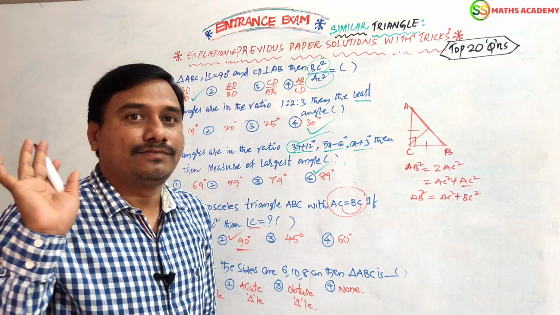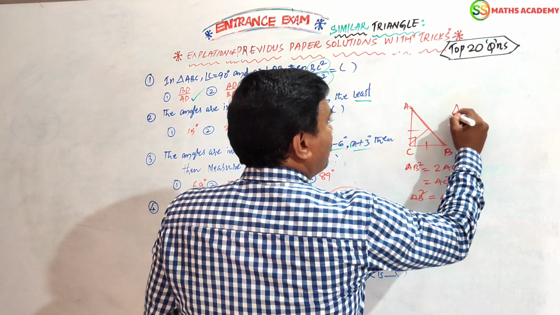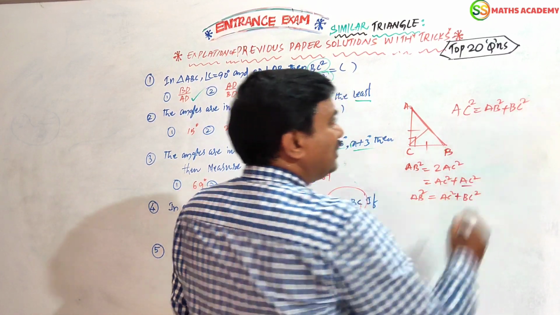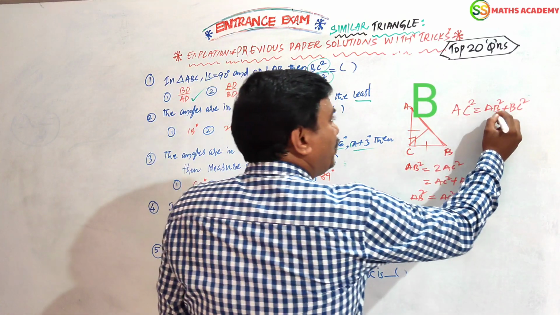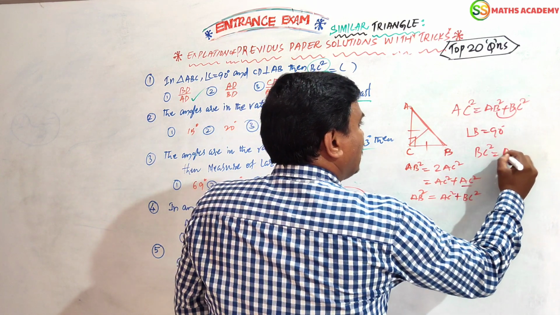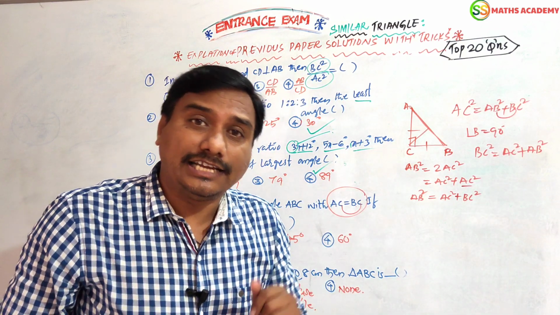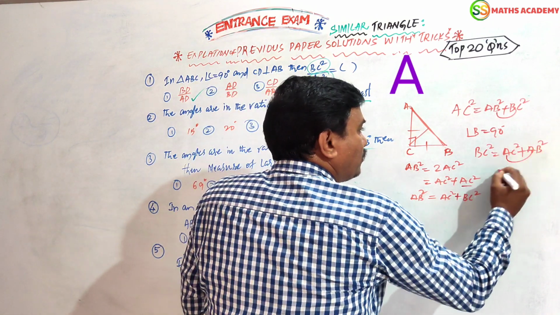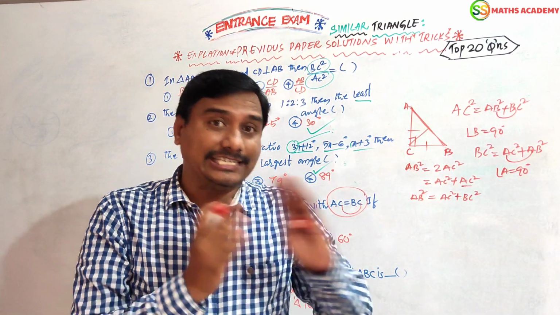That's it. Which letter is repeated many times? You can say now. For example, AC square equals AB square plus BC square. In this, which angle is the right angle? Absolutely B, because B repeats many times. Now, BC square equals AC square plus AB square. Where is the right angle, at A or B or C? Tell me, which letter is repeated twice? A only. So A is 90. Questions like these are coming in the exam. By seeing the question, we can say the answer.